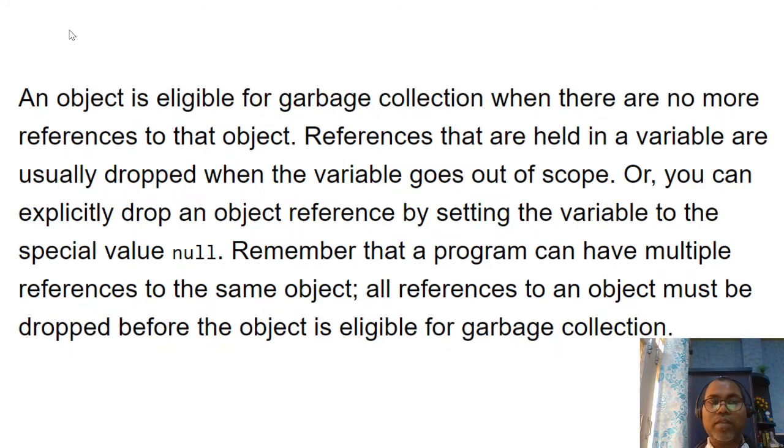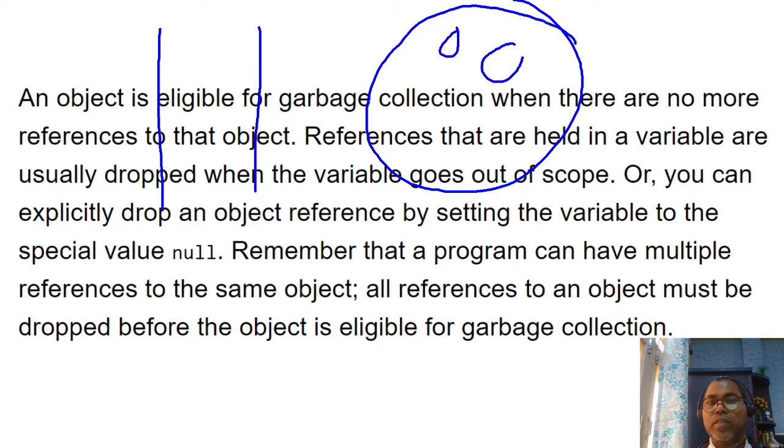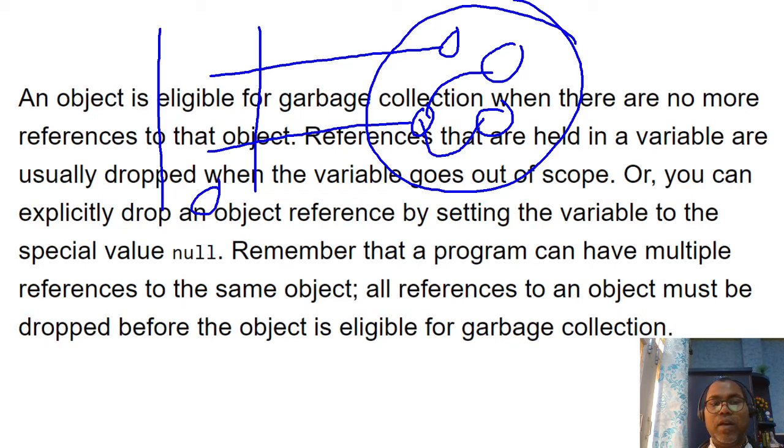Okay, so that's a very important thing to remember: how our garbage collector knows which objects are eligible for garbage collection. Maybe this object is referenced by this variable, maybe by another variable. If this one is nullified, it is eligible for garbage collection because there are no other references. But in this case, if this object is nullified, one other reference variable still refers to it, so this object is not eligible for garbage collection.